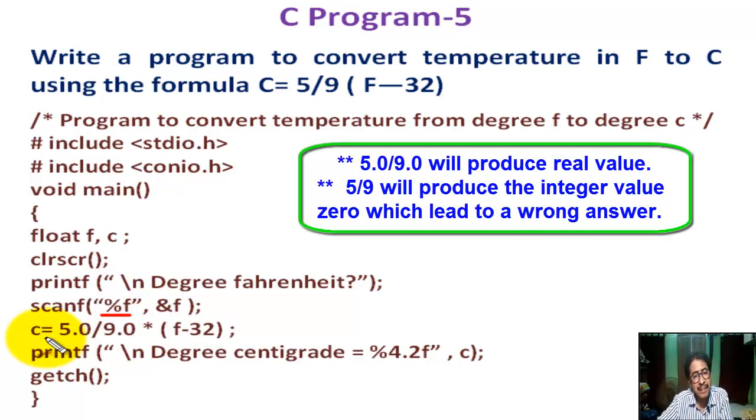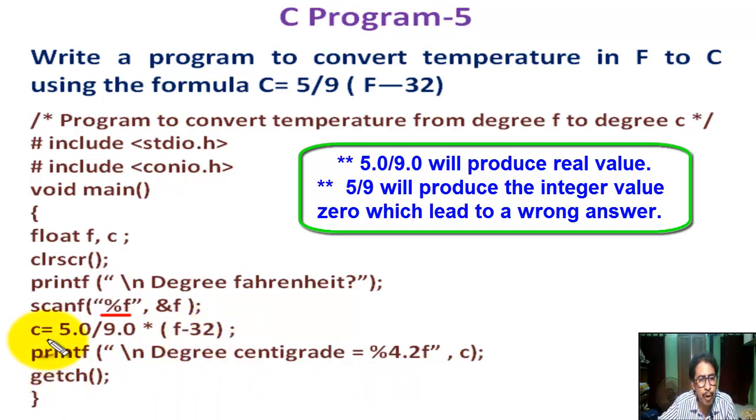Now we write the formula to convert temperature from Fahrenheit to centigrade.